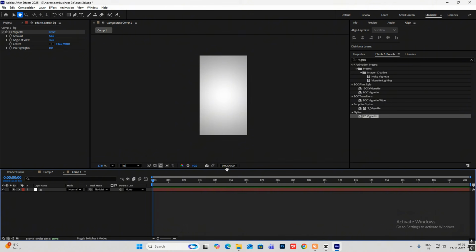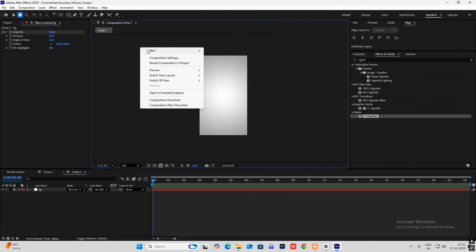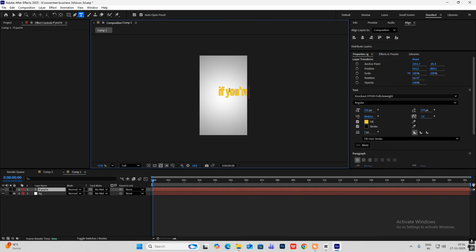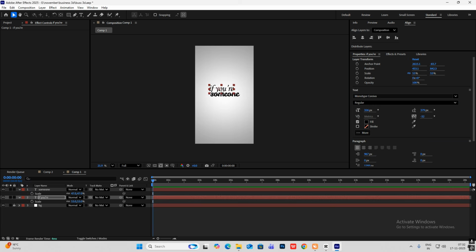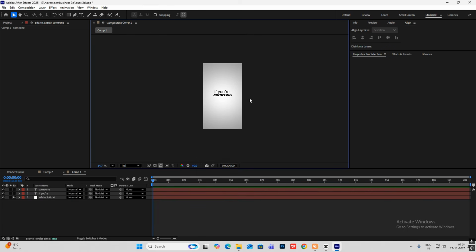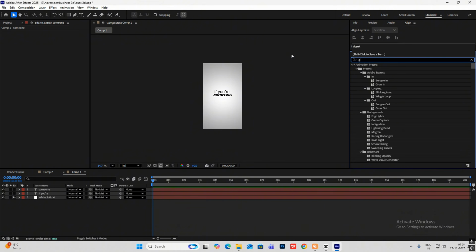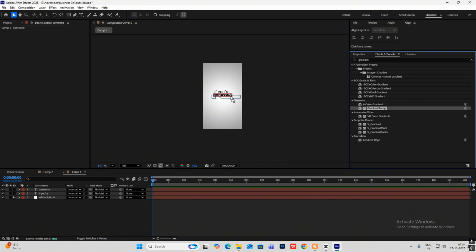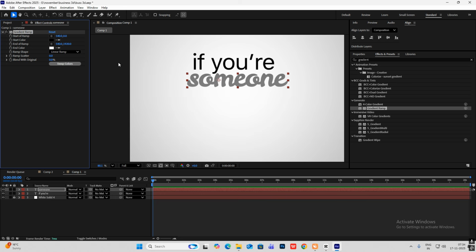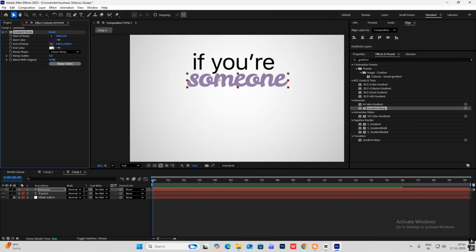Okay. Now for the next part, as you can see over here, the text, if you are someone. So let's write the text, right click, new text layer. Okay. Now to design the text, I'll head on to effects and presets, search for gradient ramp and put it on this text, someone. Okay. And then we are going to change the colors. So put the black to this and the white part